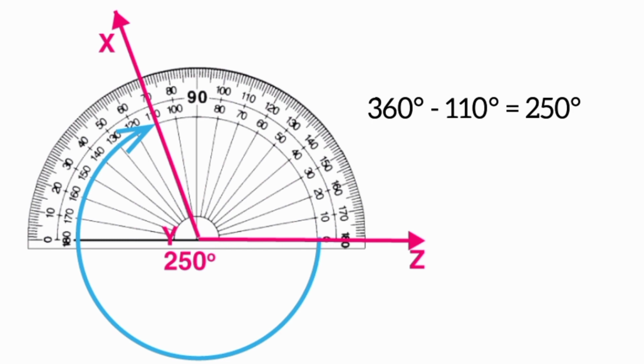In this example also we can see a reflex angle, shown by the blue arrow. The other part is an obtuse angle. You can see that obtuse angle marked towards X, which shows 110 degrees. This 110 degrees can be subtracted from the total 360 degrees to get the value, because the magnitude of an angle around a point, if we draw a circle, is 360 in total. So from 360, if we subtract that 110 degrees of the obtuse angle, you get the remaining 250 degrees.